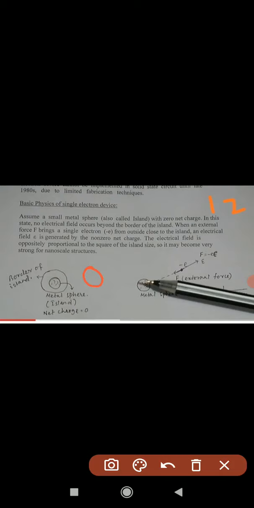If we decrease the size of this metal sphere to about nanometer size, what happens? Bring an electron. I already explained the Coulomb blockade effect. When an electron is brought towards the nanomaterial, because a nanomaterial is a low conducting material, it has a high charge capacity, nothing but it can take more charge. So as we bring this electron towards the metal surface of the nanomaterial,